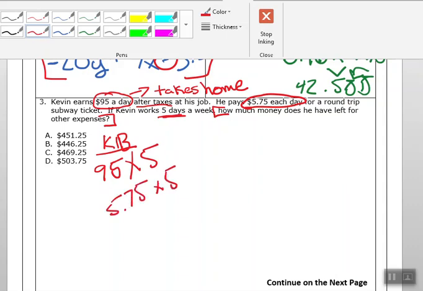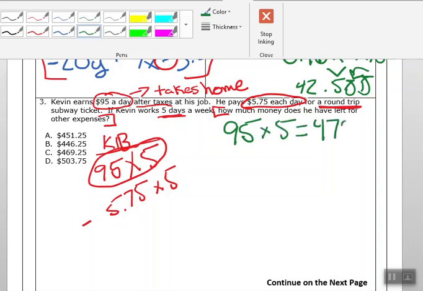Round trip means the way there and the way back is $5.75. And so what I need to do is find this number and then subtract this number from that. All right, so I'm going to go over here. I'm going to say, and we'll do this part in green, 95 times 5. And that's going to give me 475. And then I'm working now with my subway, 5.75 times 5. And that's going to give me